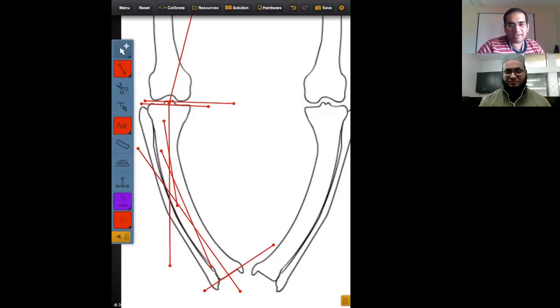This is what I'm telling you about. In case of bowing, you draw a third line which intersects the proximal and the distal axis, and then you get your resultant coras. This is how you correct the bowed deformities.